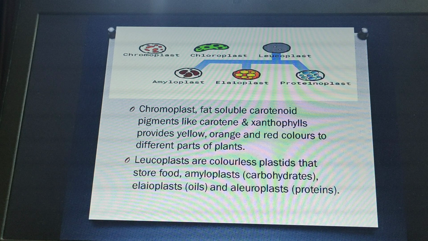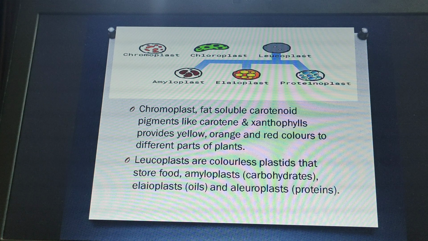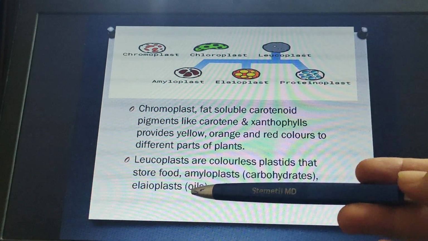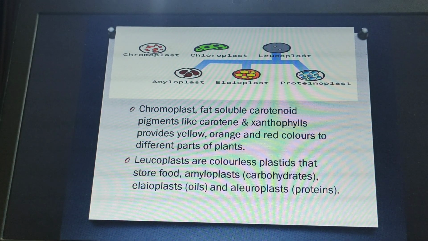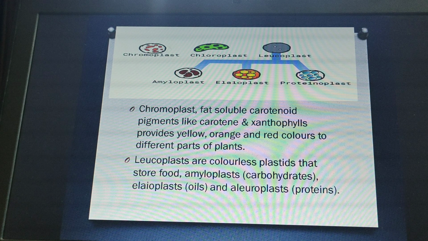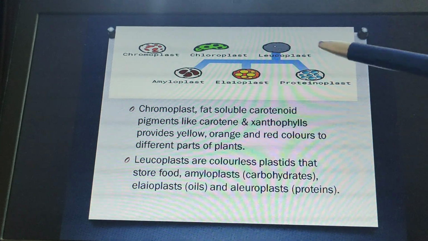So we can take example of the plant products containing carbohydrates like potato tuber, sweet potato, rice, wheat. These all contain carbohydrates, so they all are having the amyloplast. Elaioplasts store the oils. So different plant products store the oil, like we know that the sandalwood oil is there, then cottonseed oil, mustard seed oil. So it means those particular parts of the plants are containing the elaioplasts.